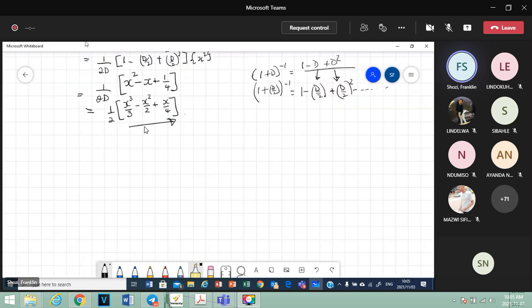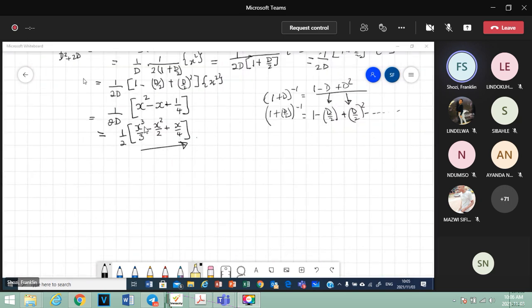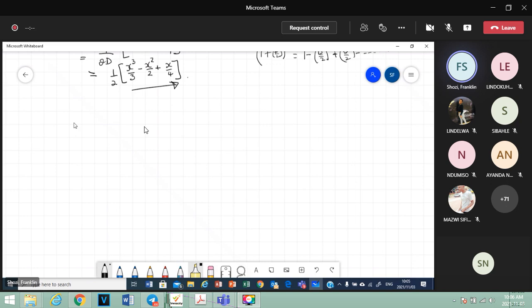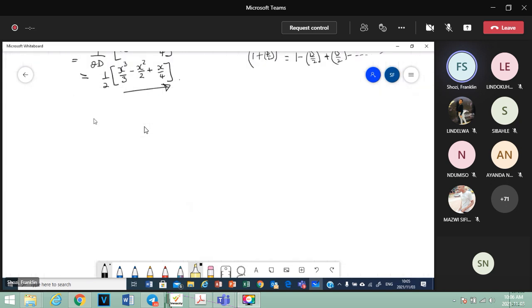Yes, sir. We look at the next example. Please, good people, we must grasp this thing right from the beginning because it's very important going forward. Let's look at this one. Next one. It is 1 over d squared plus d minus 1 acting on 2x squared. Now again, if you look at this outside expression,